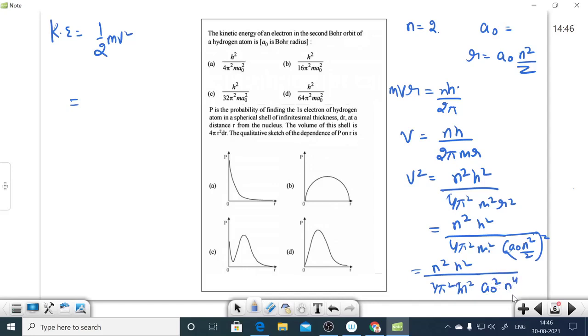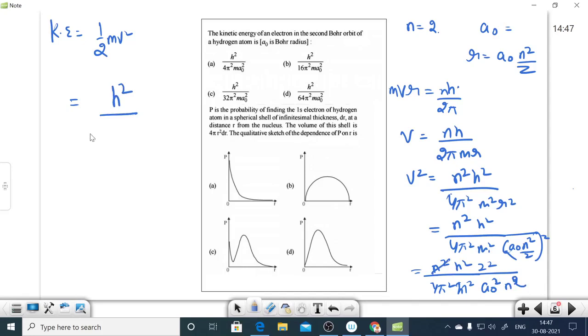n raised to the power 4, and again z square. So z square can move upwards. Okay, and as this is in hydrogen atom, z will be 1. So this is what the whole scenario is. You can cut this, you can make this 2, and you can cut this. Okay, fine. So now we have this h square,